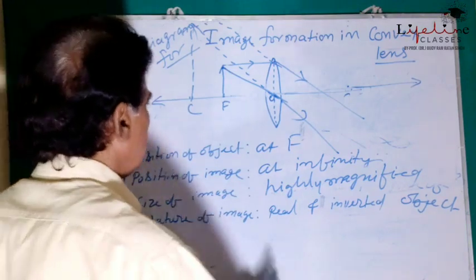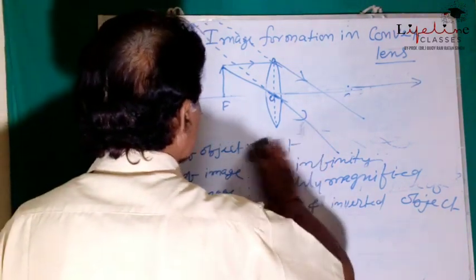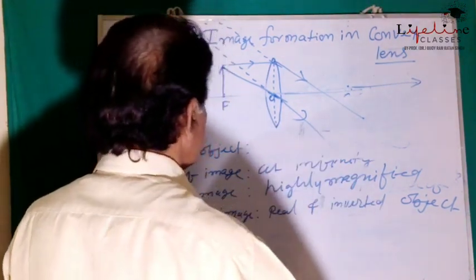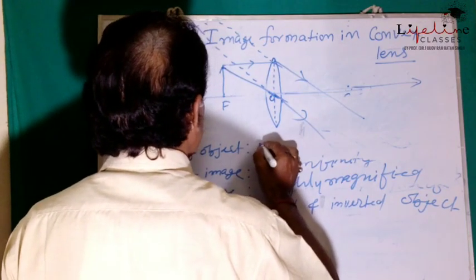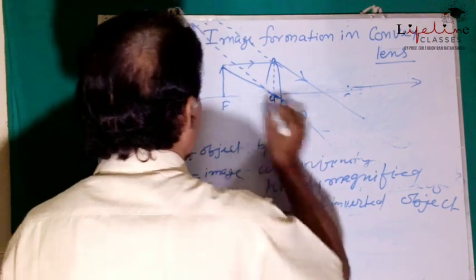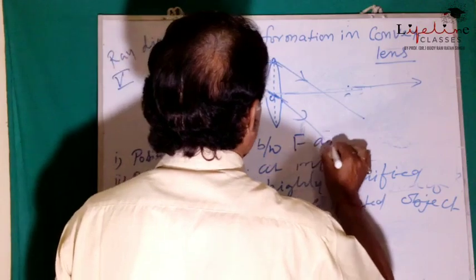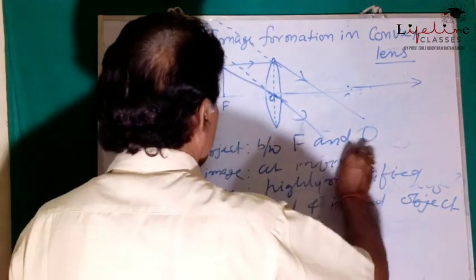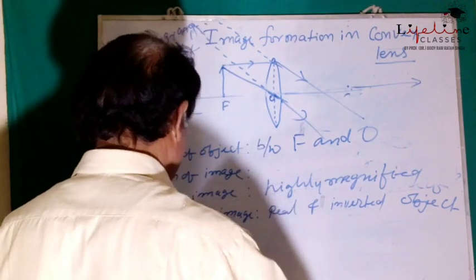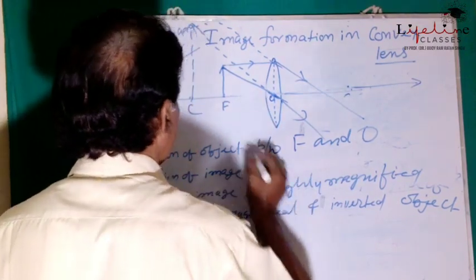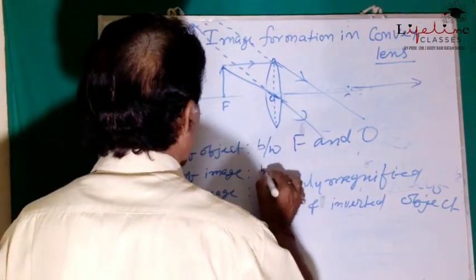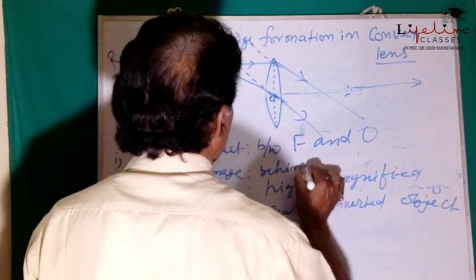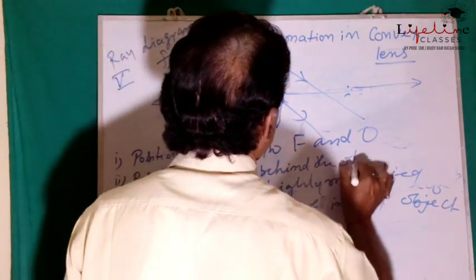So what is the position of the image? Position of object between F and O. The position of image is behind the object,